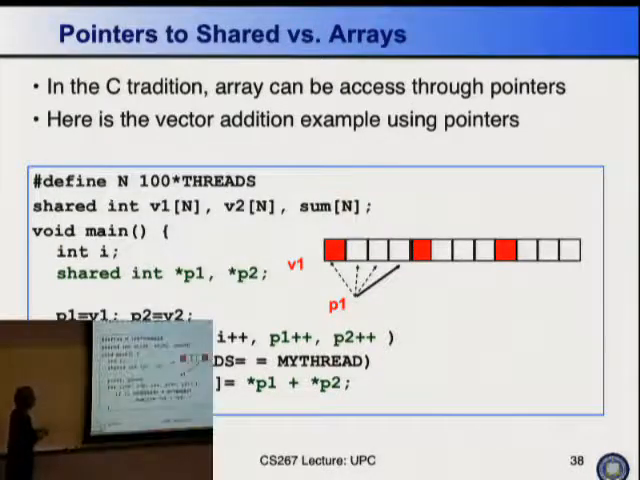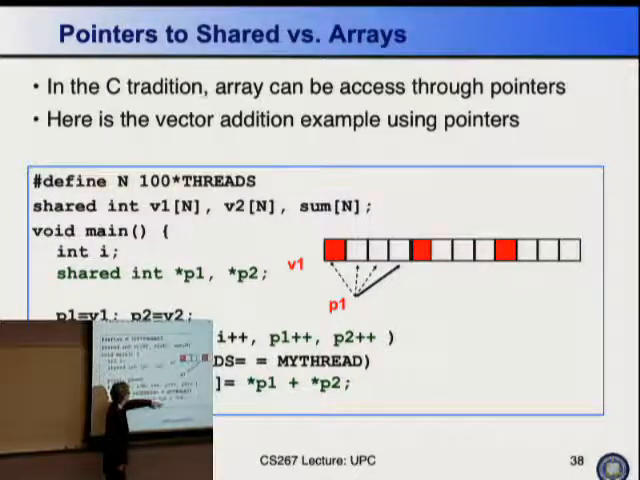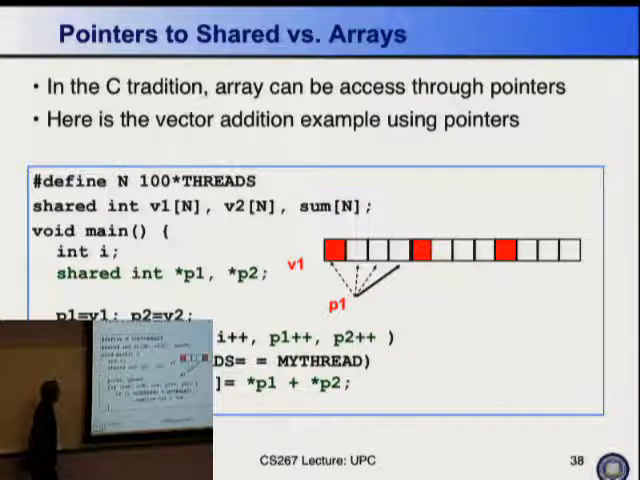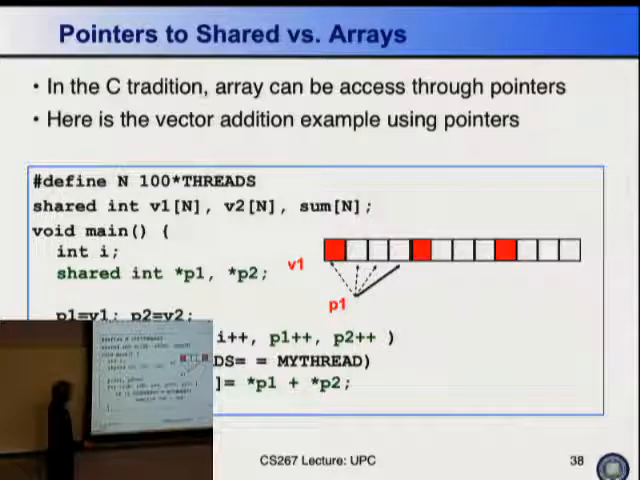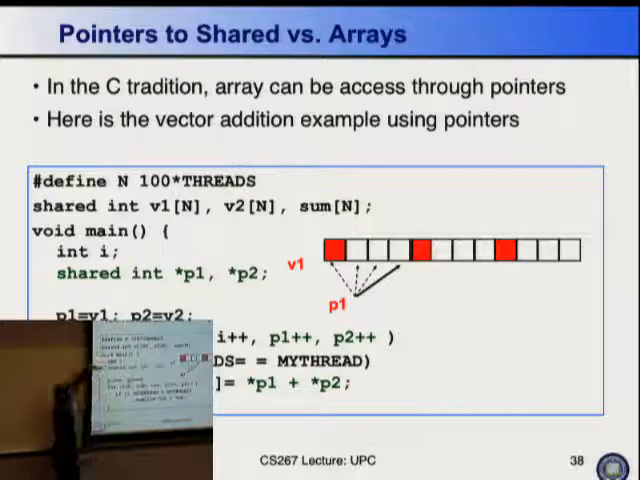But in C, it is not an unusual programming style to have an array in which you're accessing the elements by pointer. And so you say star P1, and P1 is something that moves through that array pointing to different elements. You can still do that in UPC, in the same style, and it tells you something about what has to happen in the implementation of UPC. But here's our declaration. The way to read this is P1 and P2 are pointers to shared integers. So these are integers that live in the shared address space. So the array lives in the shared address space, and